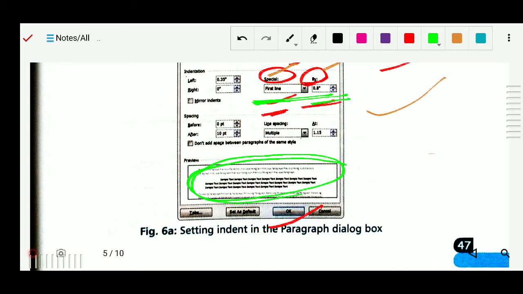After giving the dimensions in your paragraph, you can see how it will look, meaning whatever changes you have made, whether that is exactly according to your choice or not, you can see here also. This is the preview, okay. This is a preview box, and in this preview box you can see, after giving that instruction, how your document will look and how the words are arranged. So you can see here also, okay. So this is the preview.